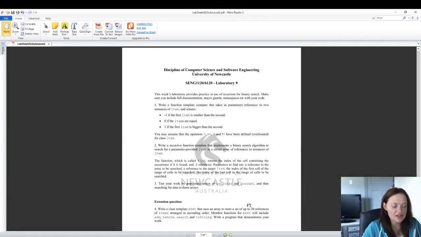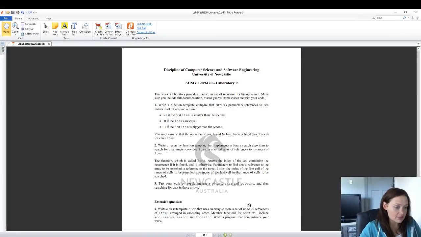So welcome back. In today's video what we're going to be looking at is just completing the exercises for Lab 9, and then once I've gone through a demonstration of that, I'm going to be looking at the binary search tree. So for Lab 9, what we're going to be doing is implementing a binary search